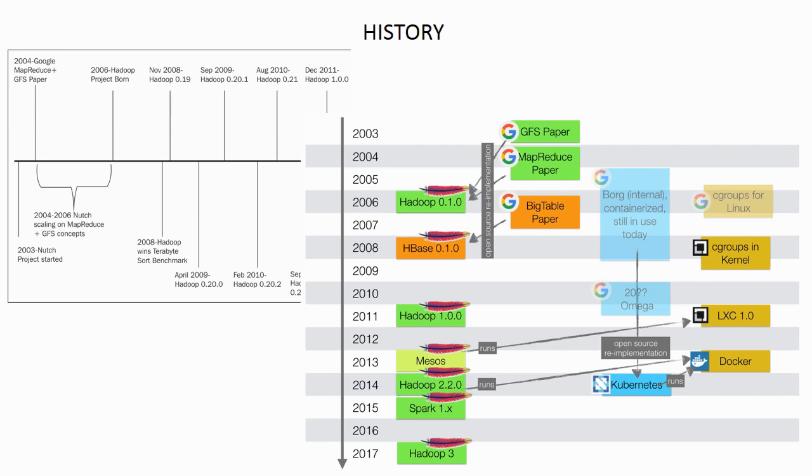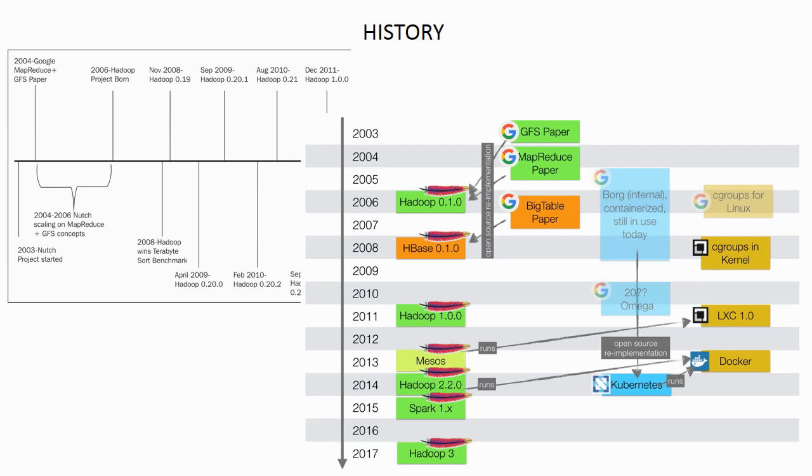So that technology has now developed into Kubernetes, and simultaneously the Linux containers work has resulted in the development of Docker. Some of you may have used Docker. Now, a very significant development is that in Hadoop 2.2, you can actually run Docker containers. Okay, so we will talk about this in a little more detail later.